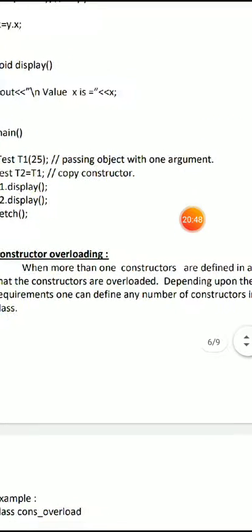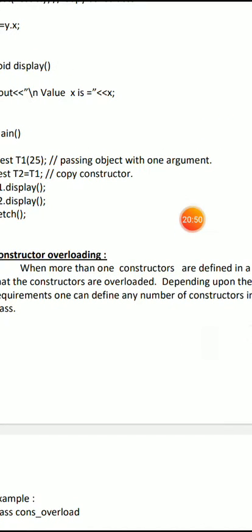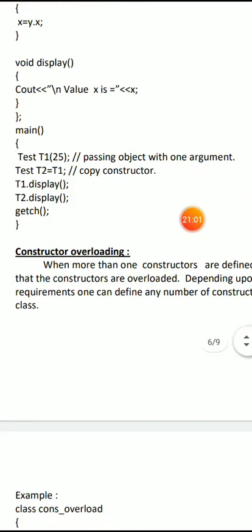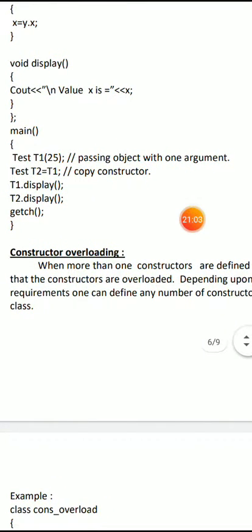Constructor overloading is like normal function overloading. In the case of function overloading, we use one function name by passing different sets of arguments. The same technique is involved in constructor overloading. Constructor overloading means one constructor name can be used by passing different lists of arguments or different types of parameters. Constructor overloading is possible only through a parameterized constructor.